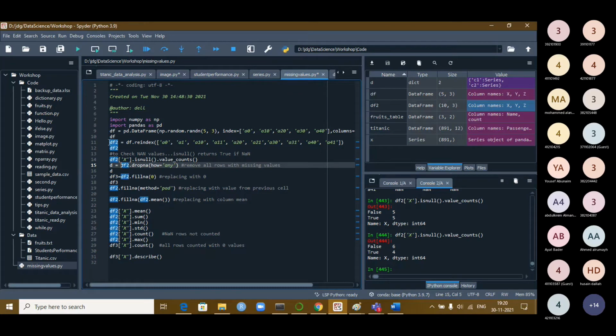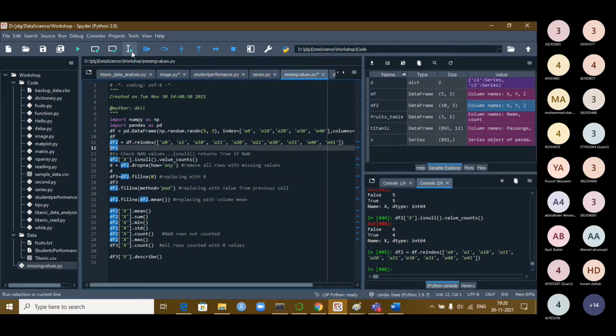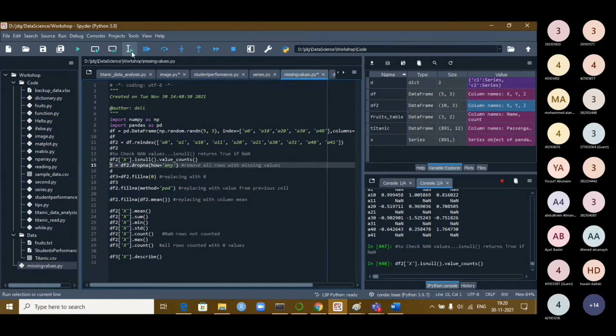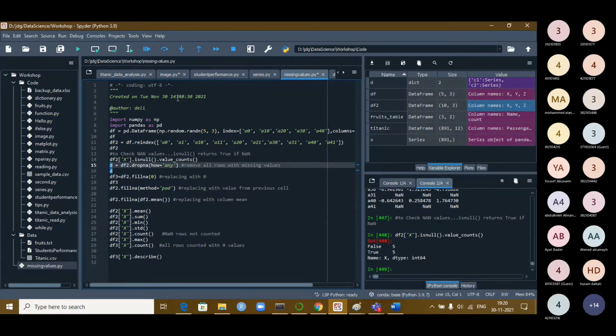Let me again reindex it from the df, because I require it for another experiment. Okay. Now remove all rows with missing values. I'm creating a data frame by dropping all the rows with how equal to any.